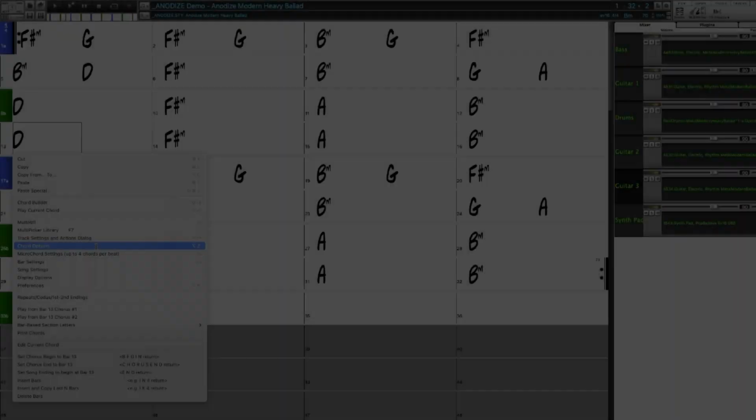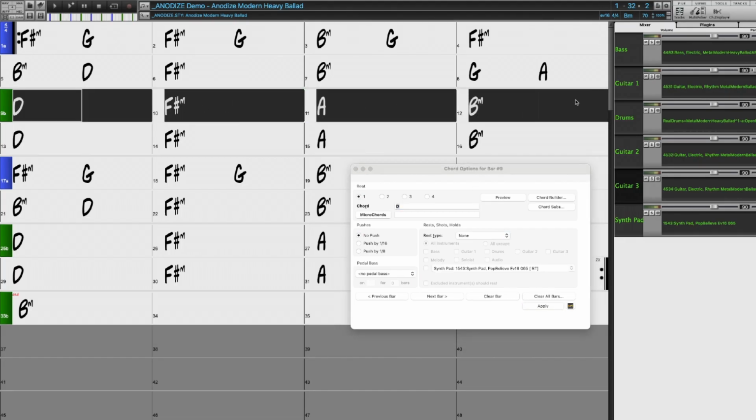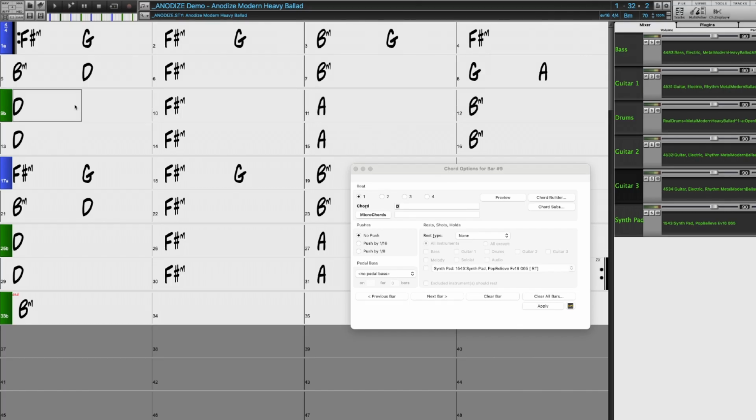And the chord options dialog is also now a floating window. I have one of our new modern metal styles loaded, and I've added a synth pad to utility track 1. Now for bars 9 to 12, I want to enter a bunch of holds for various instruments. Now again, because it's a floating window, I can just click here at bar 9, and that gets entered here in this dialog. Now I'm going to have all of the instruments just play a held chord,